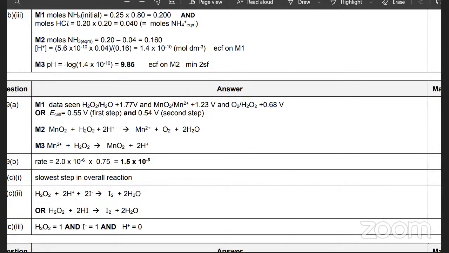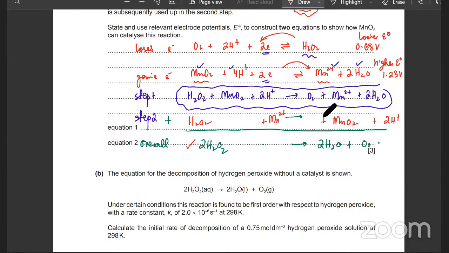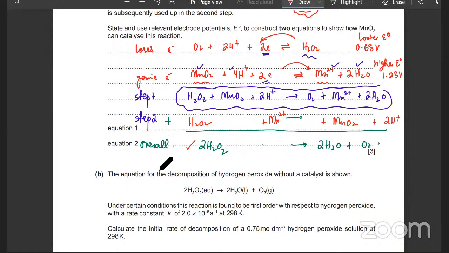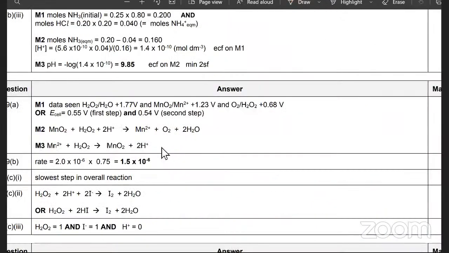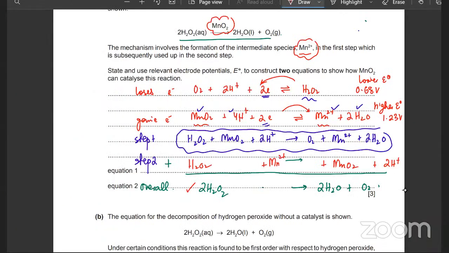Yes, sir. And what you can now do is, once you know what the second step is, because I think we didn't read the question properly, but in the marking scheme, how are the marks distributed? Anyways, the E0 values you're not supposed to calculate. That's 1 mark for this one, 1 mark for this other one. The only thing that you can now do is, for this particular step, that's 1 mark. Once you've figured out this particular step, this one over here,